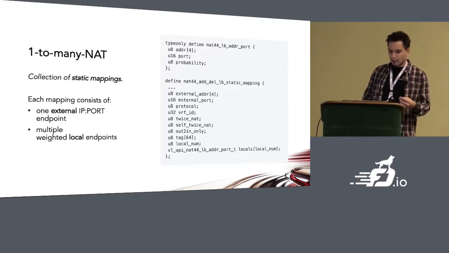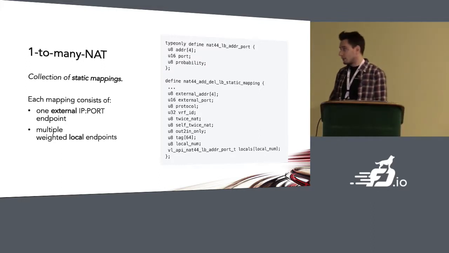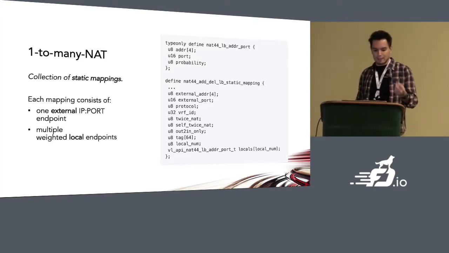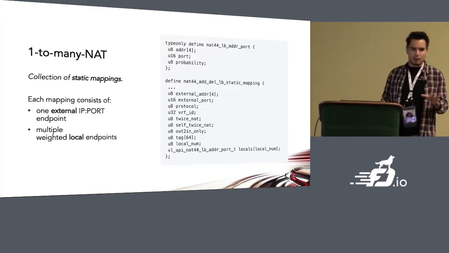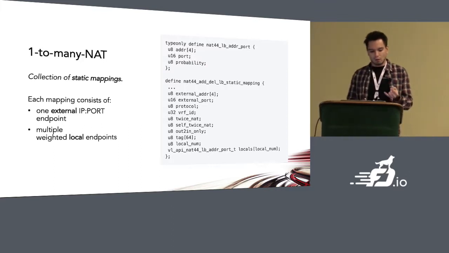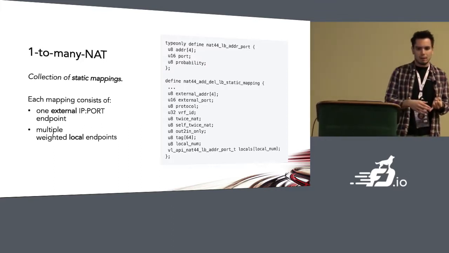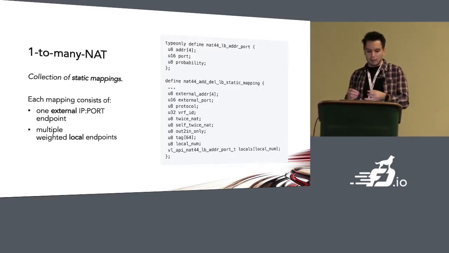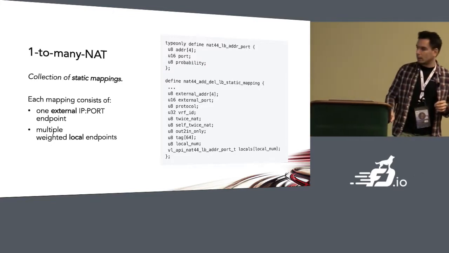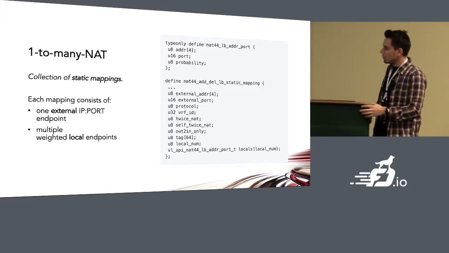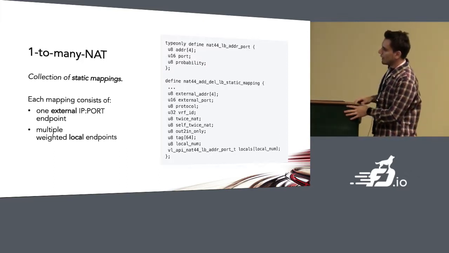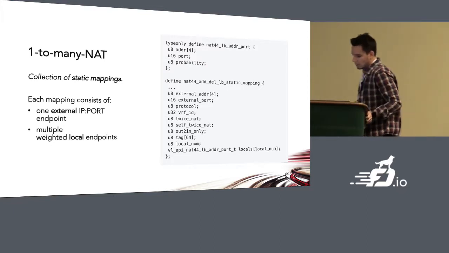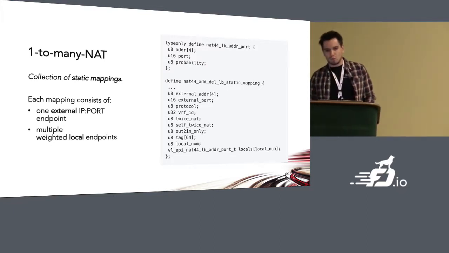Now, the one-to-many NAT, what it means in VPP is a collection pretty much of static mappings. And each static mapping consists of one external IP address and port endpoint, and then multiple weighted local endpoints. And on the right-hand side, you can see the VPP API definition. And what's interesting here is that to fully support